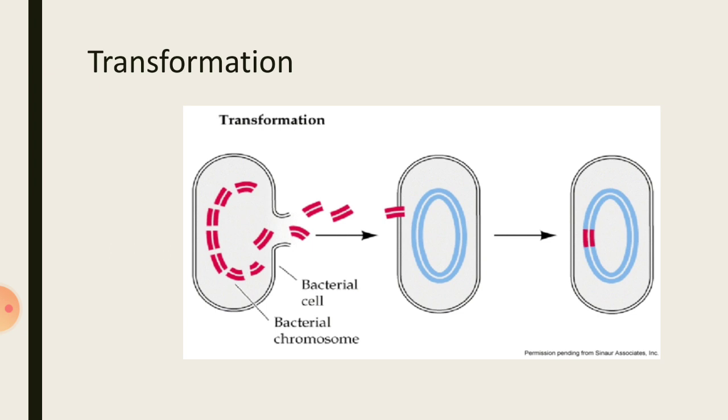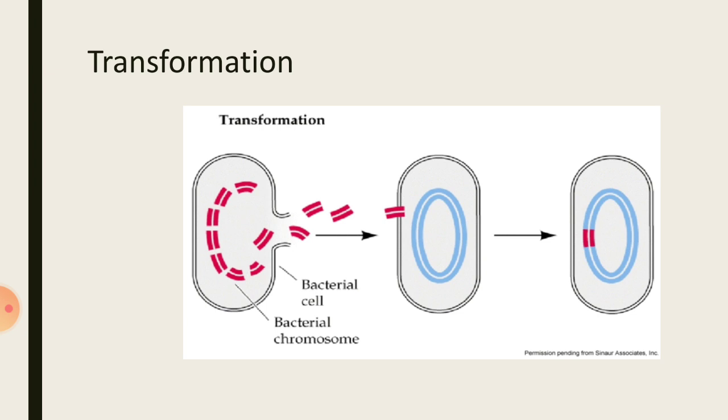In the third step, what he did is he heated the S type strain, the harmful strain. Because of heating, the pathogenicity of the strain was completely removed, so the S type strain became harmless. Now he took both the heat-killed S type strain and the R type strain together and injected them into a mouse. Generally, as they are harmless, the mouse should not be killed. But in contrast, the mouse was killed.